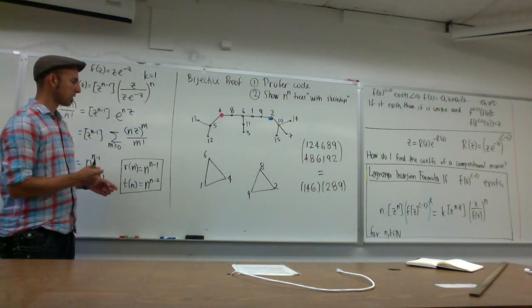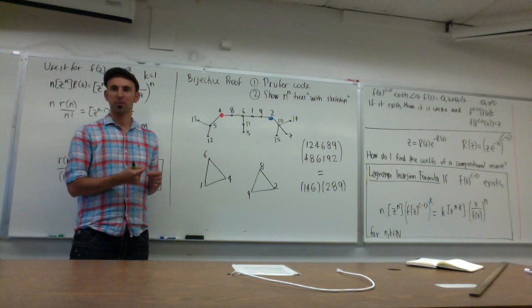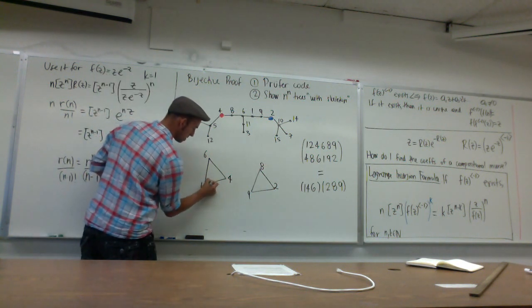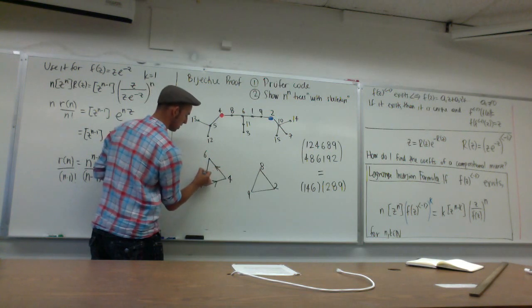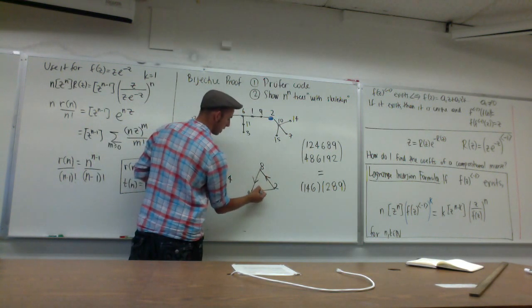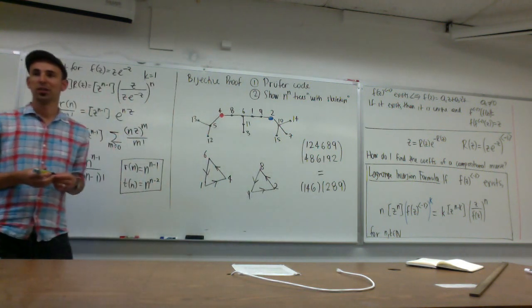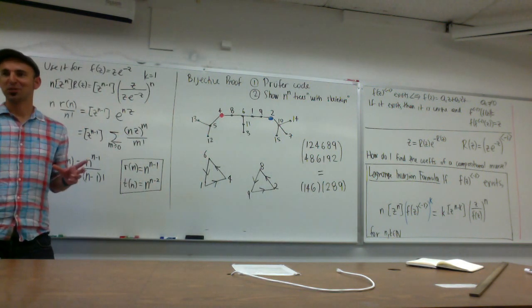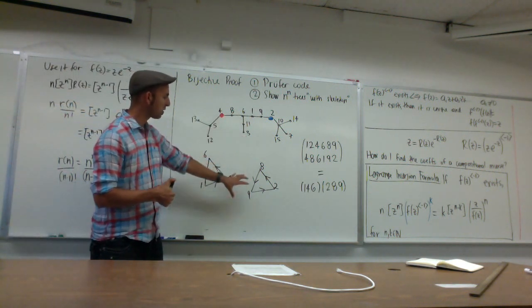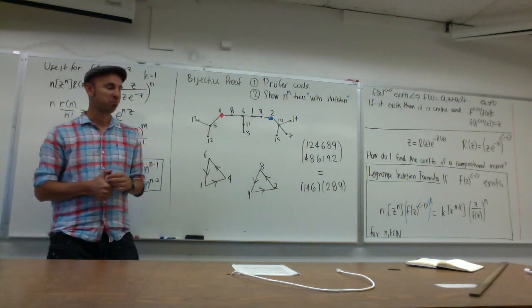Now, I can't just draw them like this because it's a cycle, so it has an orientation, right? So 1 goes to 4, 4 goes to 6, 6 goes to 1. And then 2 goes to 8, 8 goes to 9, 9 goes to 2. So this is very strange, right? But I'm going to do it anyway. So I turn it into cycle notation, and so I now get my diagram of my